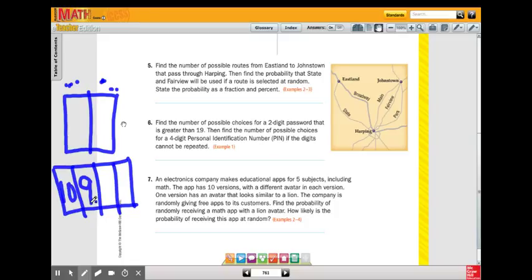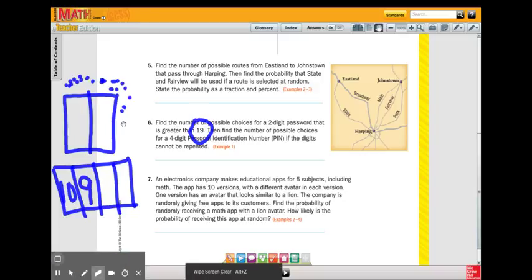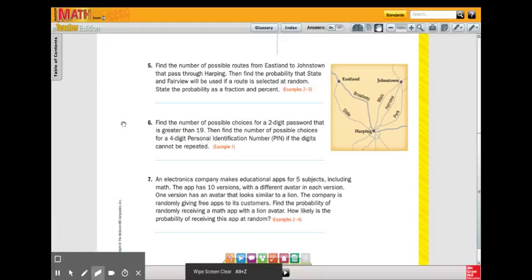And then this one with the 2-digit one, though, you might try the same way, but then you got to think about how many numbers you couldn't have. A 2-digit password, I think I know how many there'd be, but it's got to be greater than 19, so you might need to eliminate certain ones there. That'd be interesting to see what you get for that. See how that goes. Number 7